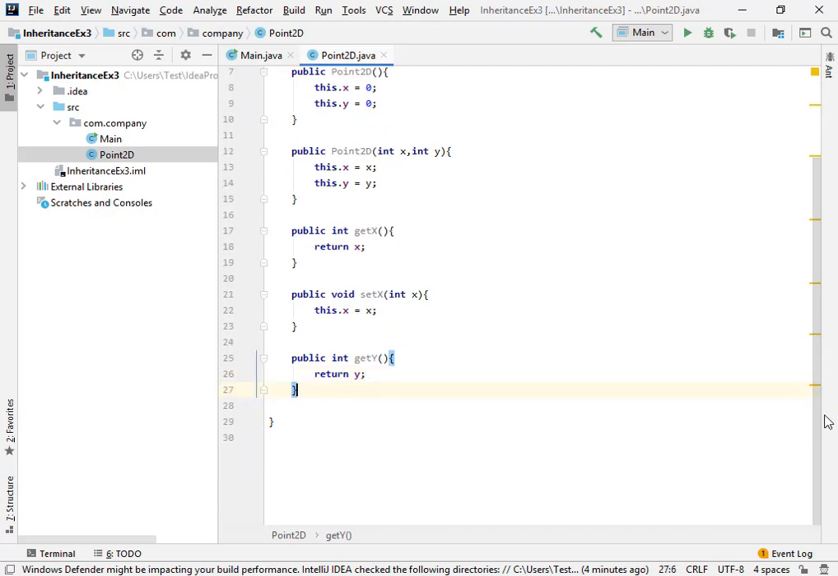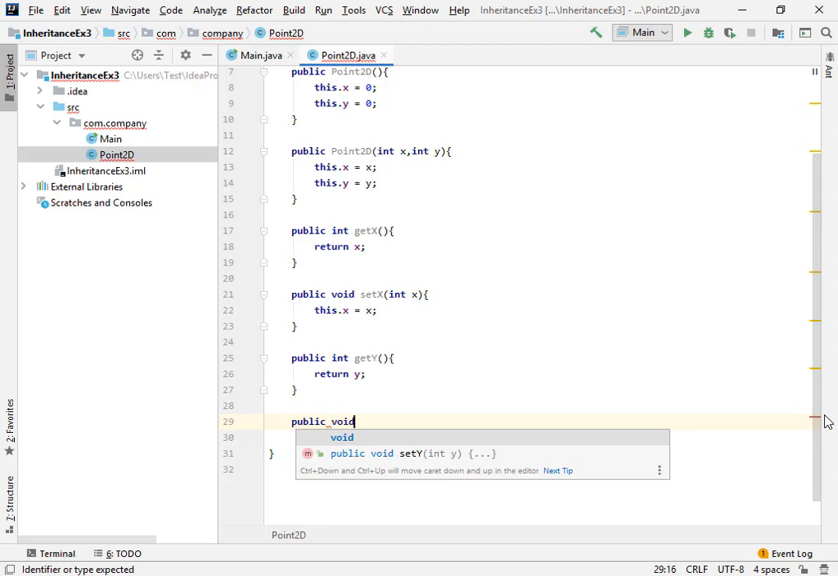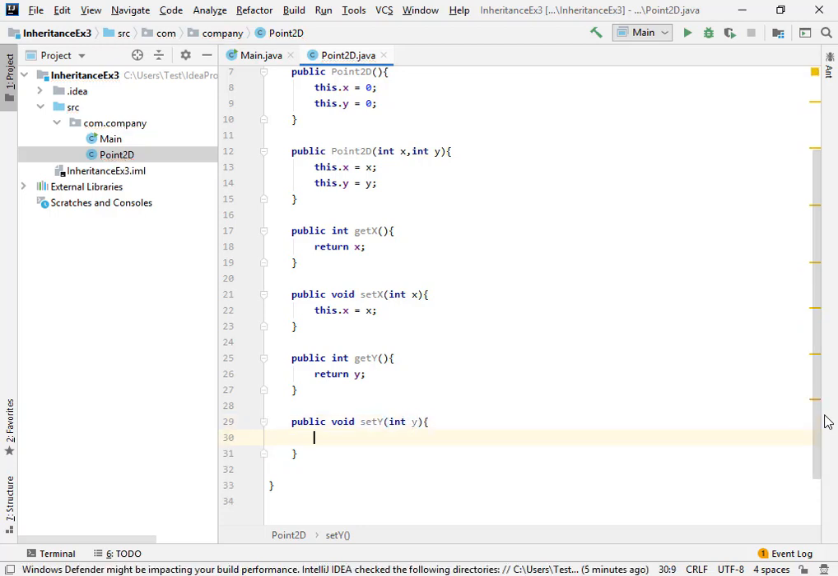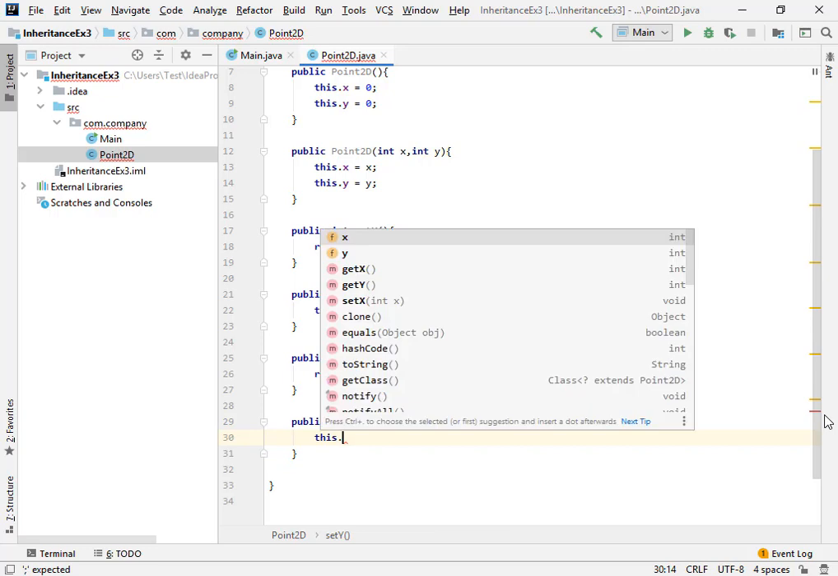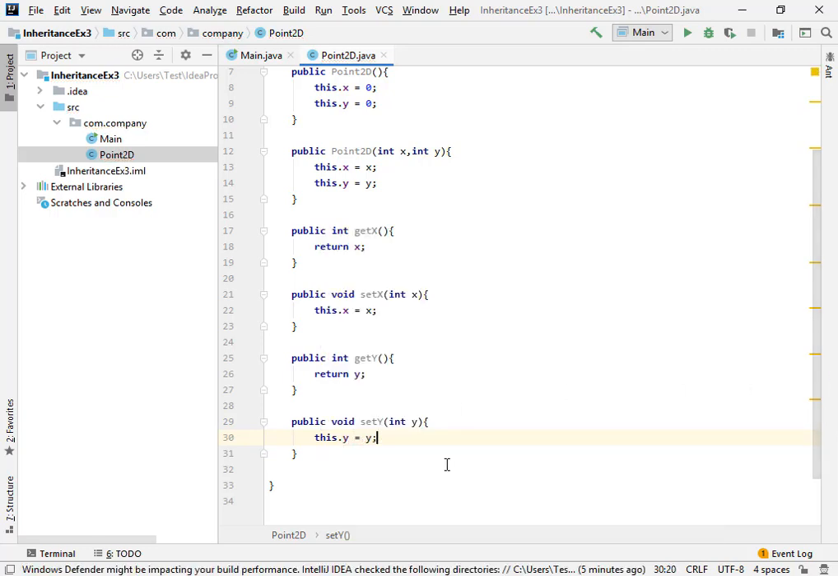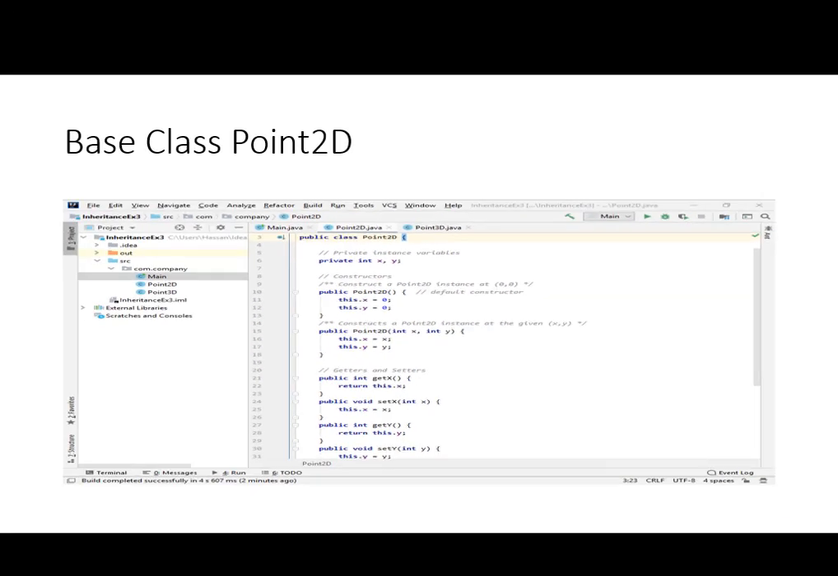And then we're gonna make the function which will set the value of y. In this case it will set the value of y to the parameter which will be provided while calling this function, okay. So after this